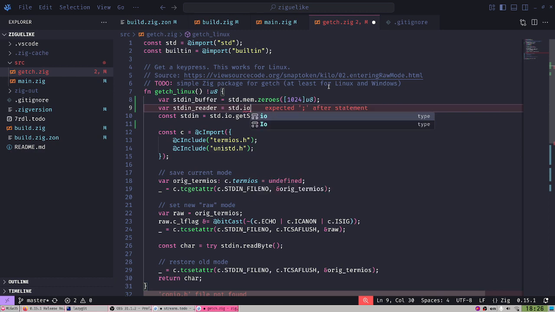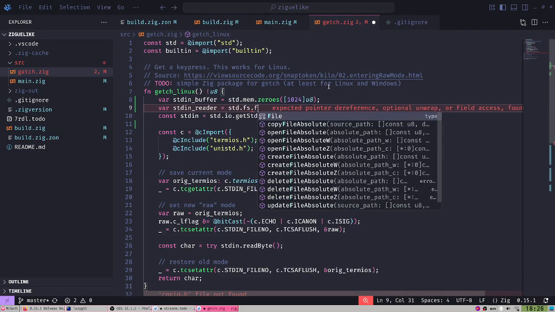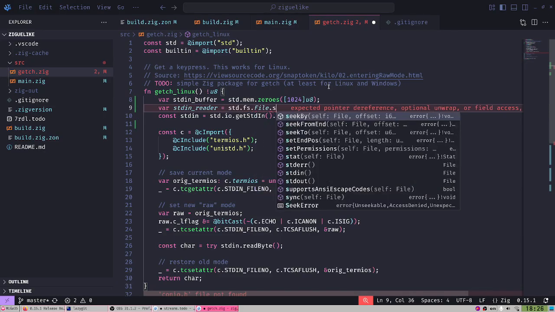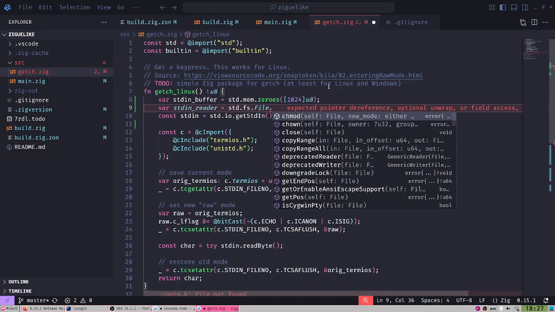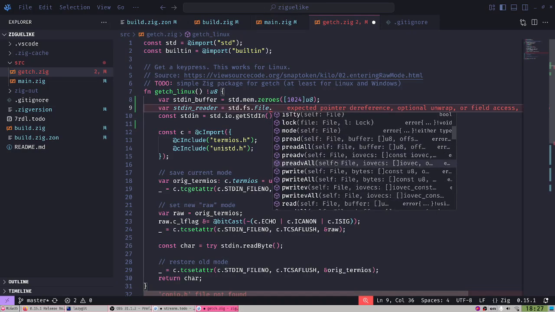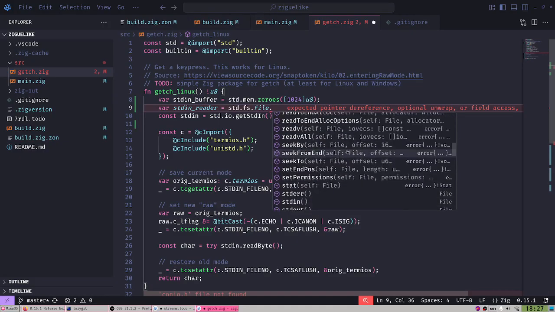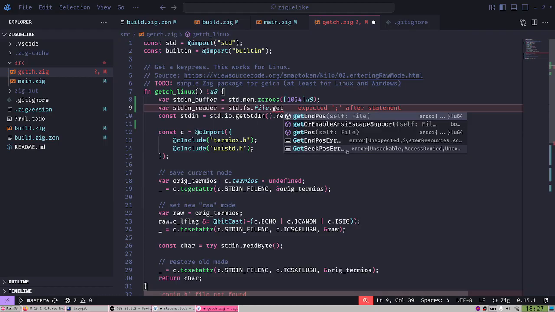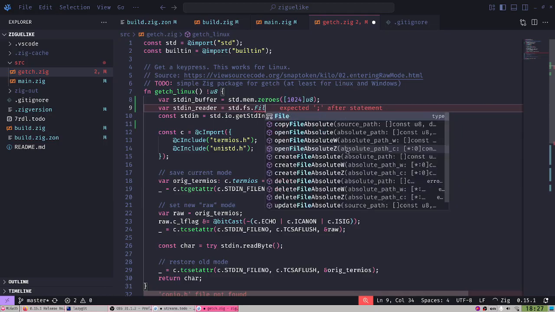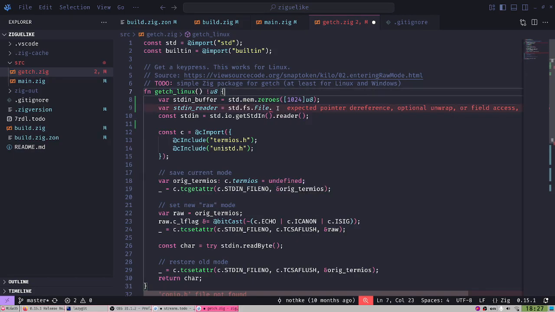IO, and it's not IO, it's file now, right? fs file dot stdin. Did they perhaps add Getch in the meantime? I don't see it. Get character. No, I think I still need to use this hack.